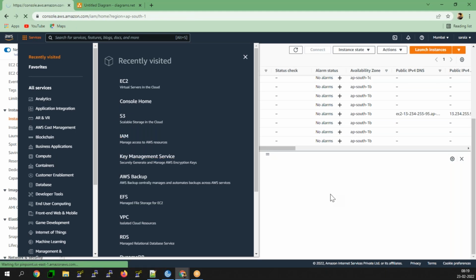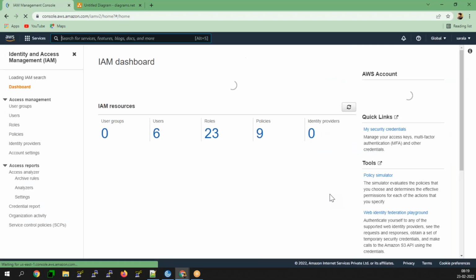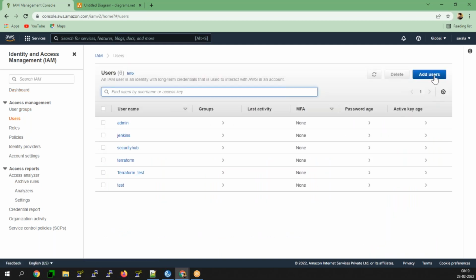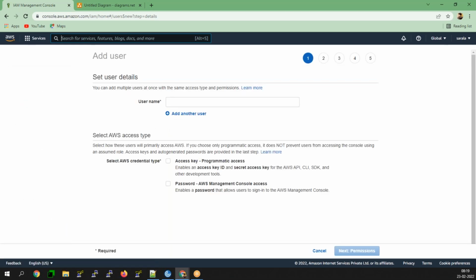So go to IAM here. There are no users at all, so we'll create a user. Add the user. We'll create a read-only user here, with only read-only access.